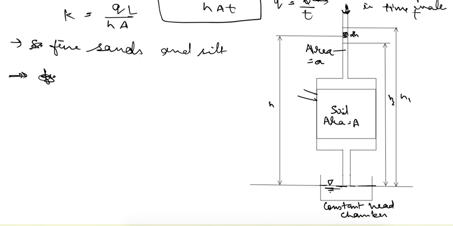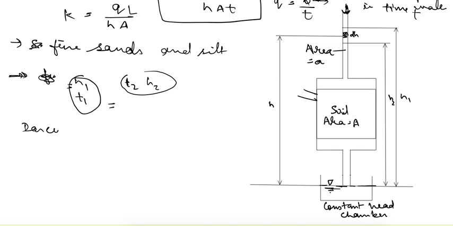So for finding out the value of coefficient of permeability, we need two sets of readings. That is, at time t1, let's say the head is h1, and at time t2 the head is h2. So this will consist of a pair of readings, and such readings will give us the value of coefficient of permeability. So from Darcy's law again,